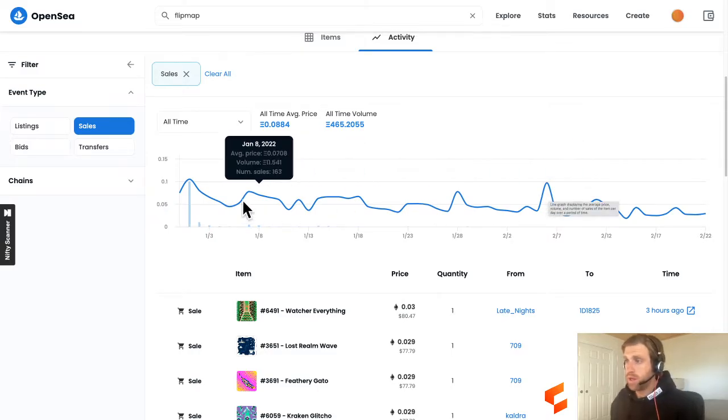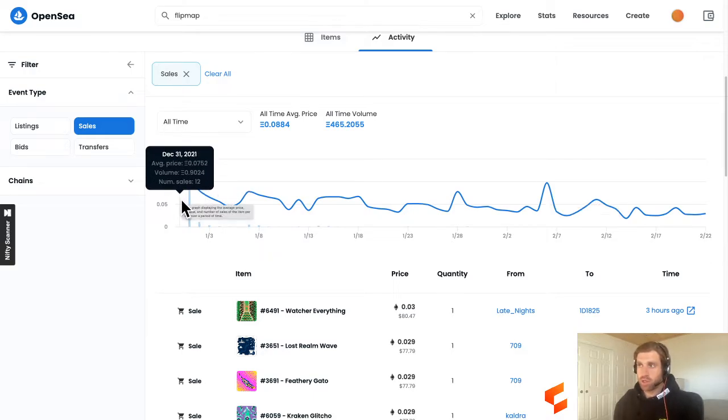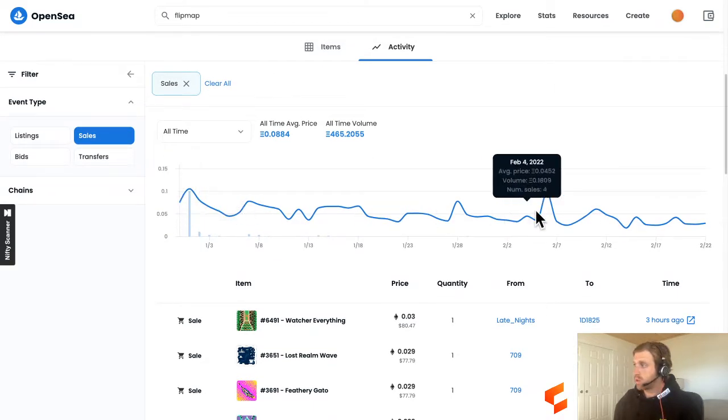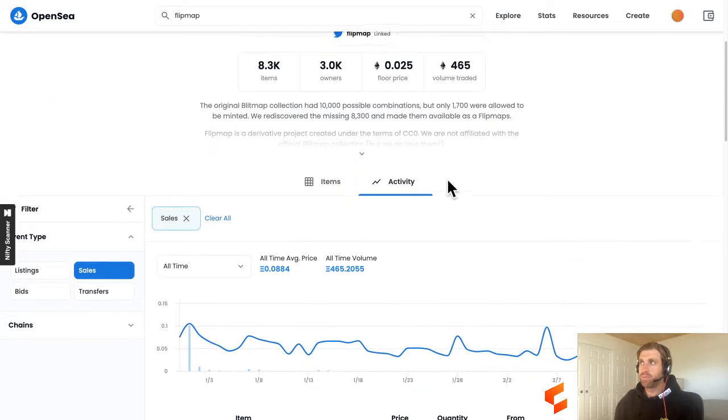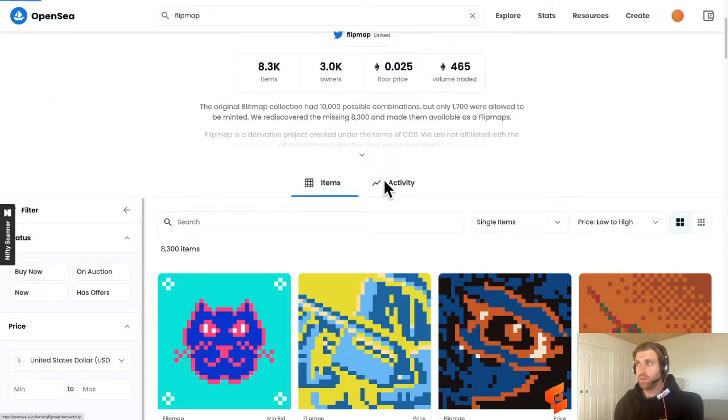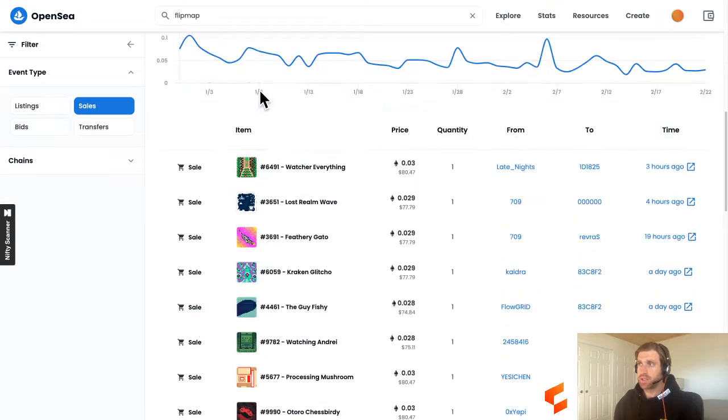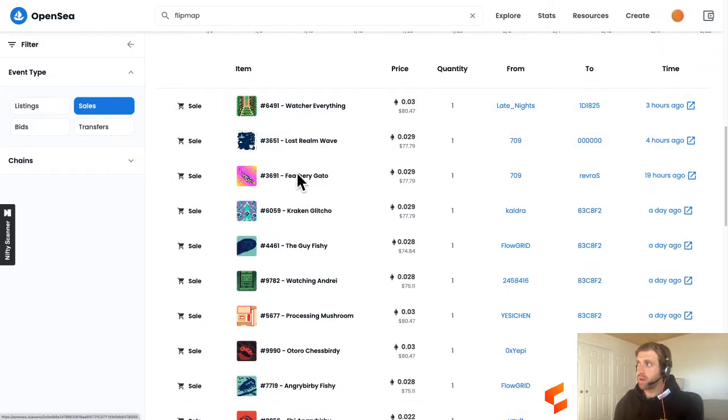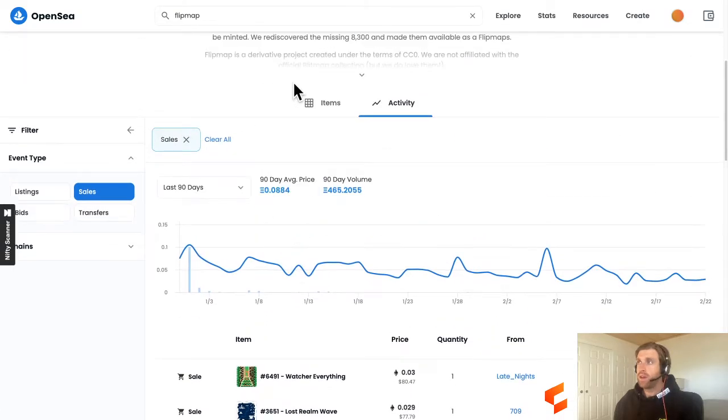So for Flipmaps, they've been trading since December 31st. They've traded anywhere between 0.07 and 0.01. Cool. And below that chart, it actually lists the most recent purchases of NFTs. Now going back to items,